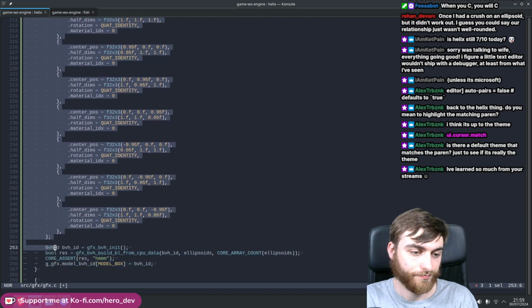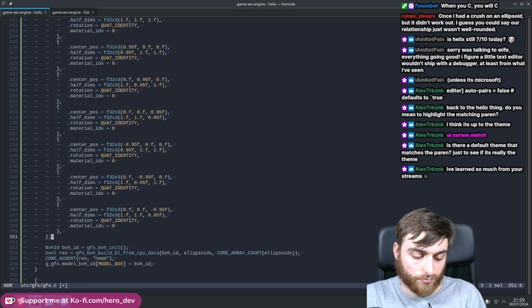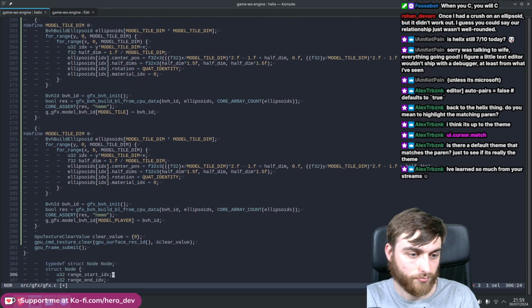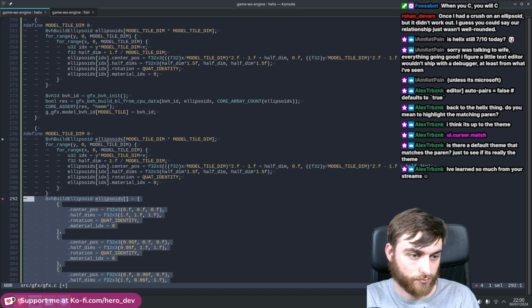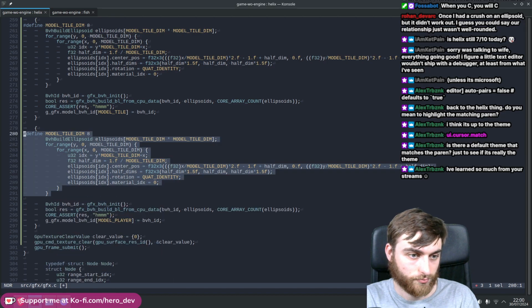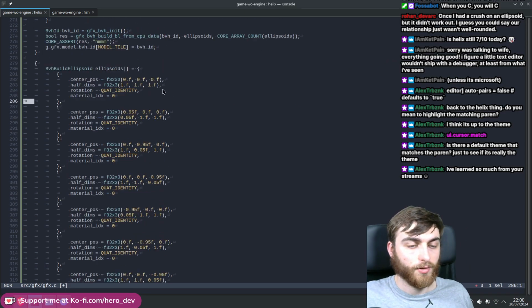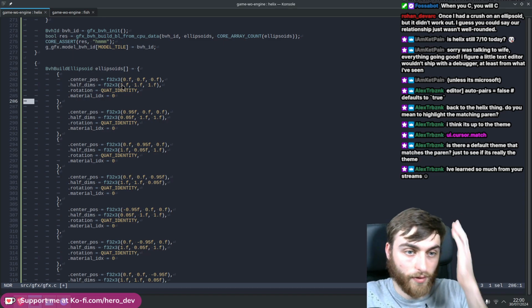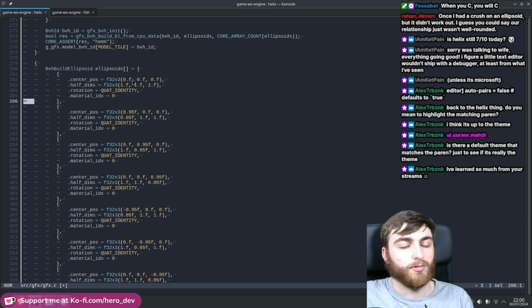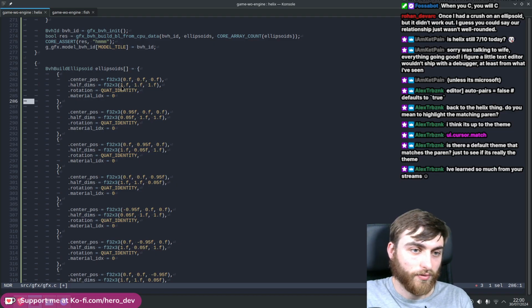Zoom. Cool. So we've just got to manually poke these in. So we've got the head. So if we put the head kind of up a little bit, we'll give it a size of